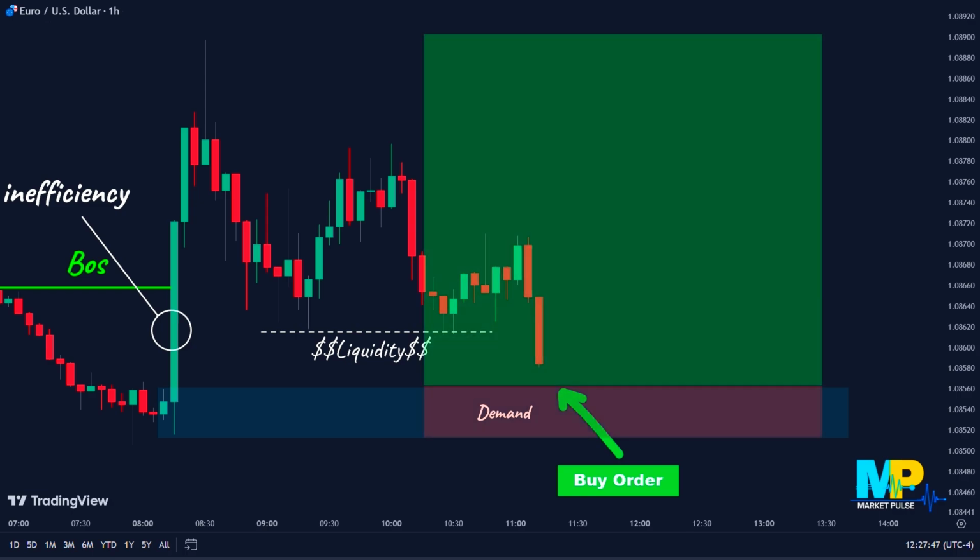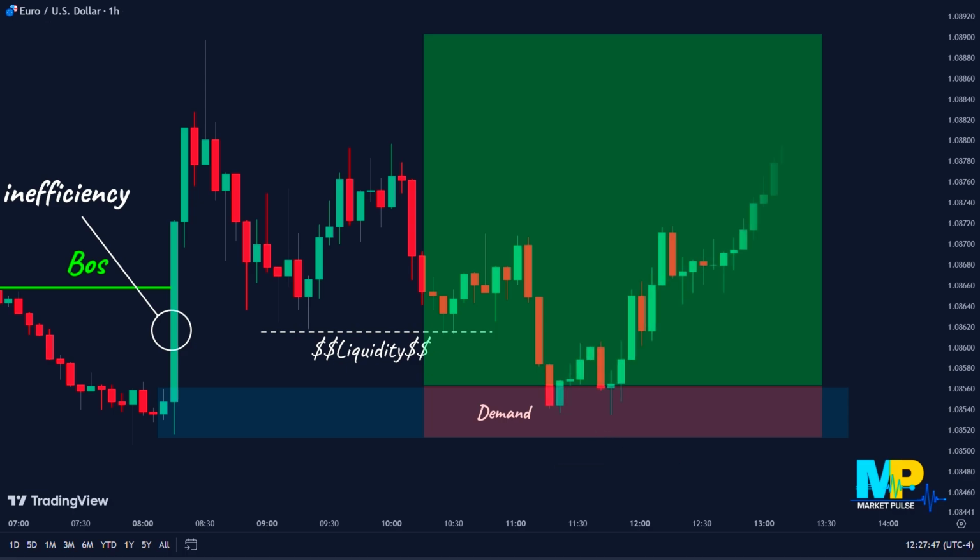As for the stop loss, I'll position it a few pips below the demand area. For the take profit, I am targeting the buy side liquidity above the swing point. As we prefer not to keep our positions open for an extended period, as our entry is executed in the 1 hour time frame. Now, let's play out our trade. As you can see, price pushed higher and finally hit the take profit,